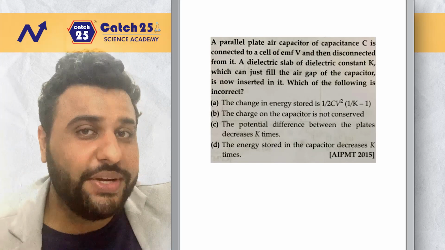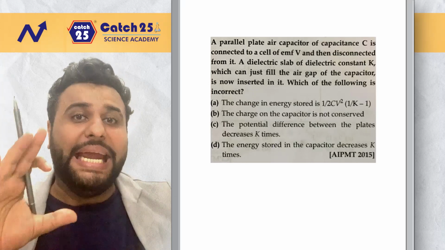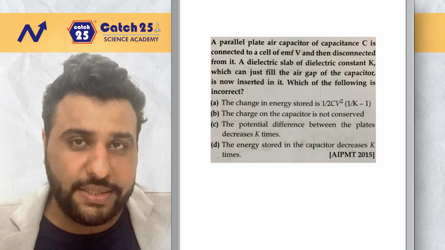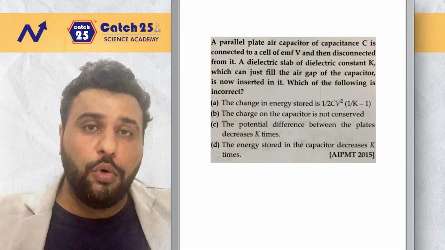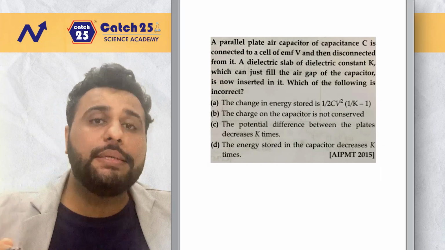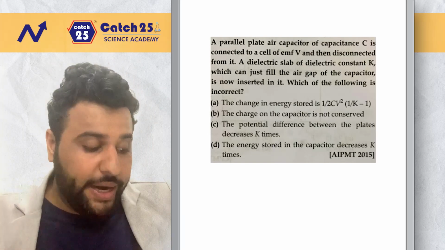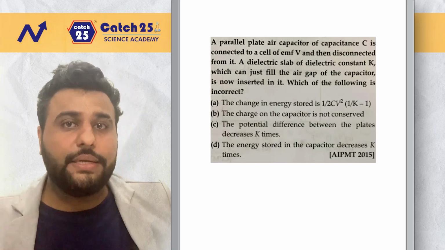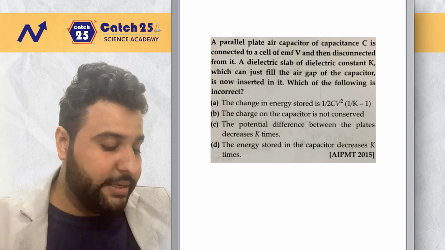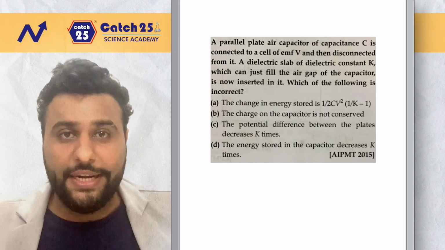That means the other three statements are right. So whenever you are seeing such questions where you have to identify the incorrect statement, you should understand the other three statements are automatically right statements. Therefore, you can make a note in your notebook, or wherever you are studying, because those three statements can come as individual questions in some other question. If I tell you answer B is incorrect, that means charge is conserved. If you did not know, now you know that if I insert a dielectric, my potential difference will decrease by that many times. My energy also will decrease by that many times.